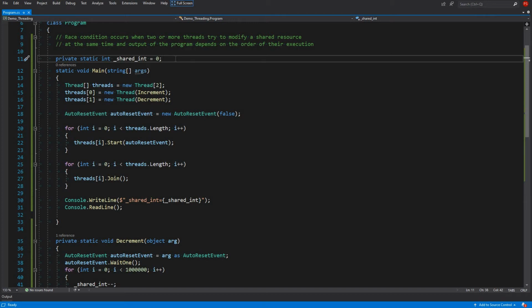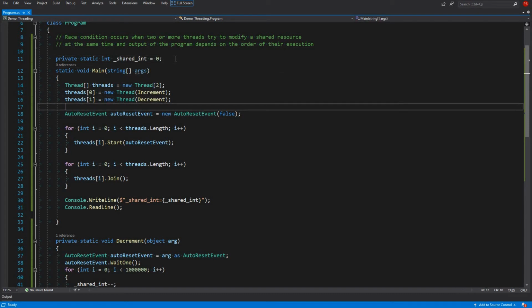Behind the scenes it gets converted into monitor.enter, and then you have try, catch, and finally the monitor.exit. So it's just syntactical sugar, so that we don't have to write monitor.enter and try, catch, and manage when we should release the lock. There is a lot of syntactic sugar in .NET C#, and this is one of them.